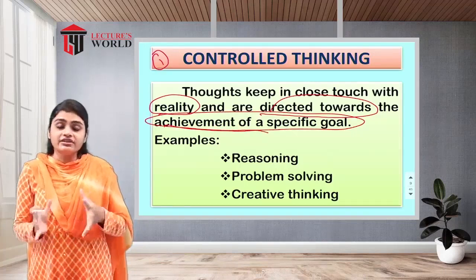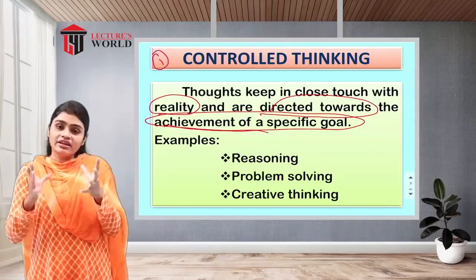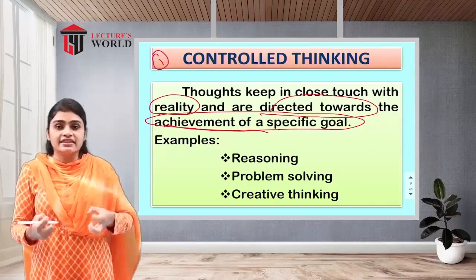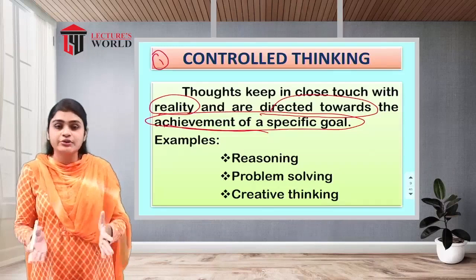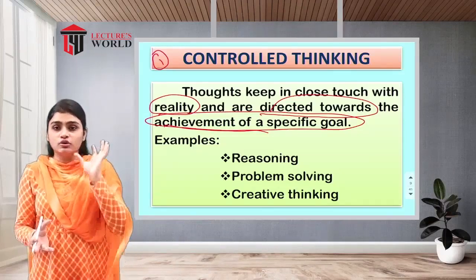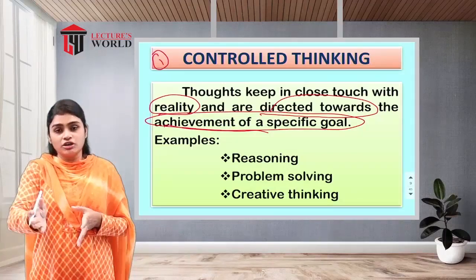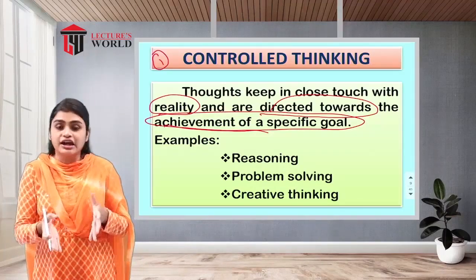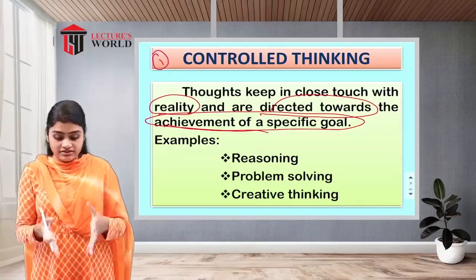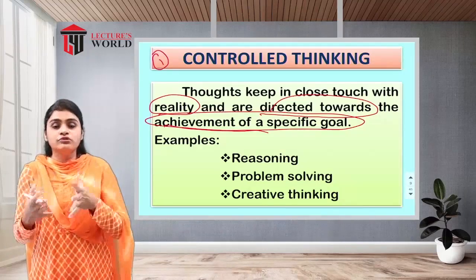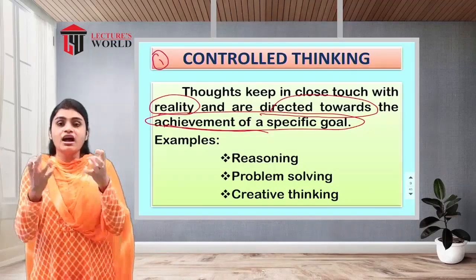That means whenever a person is having a specific problem or specific goals in their life, to achieve those goals they are going to do this controlled thinking, because we have a specific goal in our mind. So to achieve that goal, on that path only we are going to walk. That's why we can say that it is controlled thinking. Otherwise, we won't be able to achieve our goals. So this controlled thinking is helpful when individuals need to achieve specific